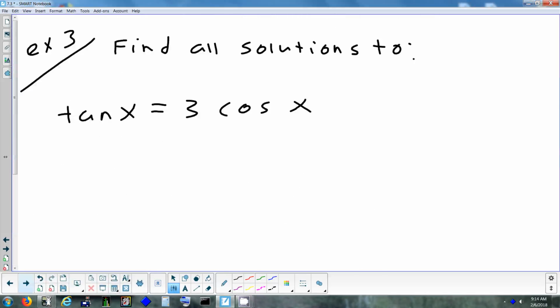Okay, a couple things you could do. You can leave it the way it is, which I mean, it doesn't matter. If you want to leave it the way it is, that's fine. Or if you want to get it equal to 0 and make it like the last problem, we can do that too. So can somebody tell me, how could we move 3 cosine x to the left so that this was equal to 0? How about Dylan? Subtract 3 cosine x from both sides. Yeah, just subtract 3 cosine x